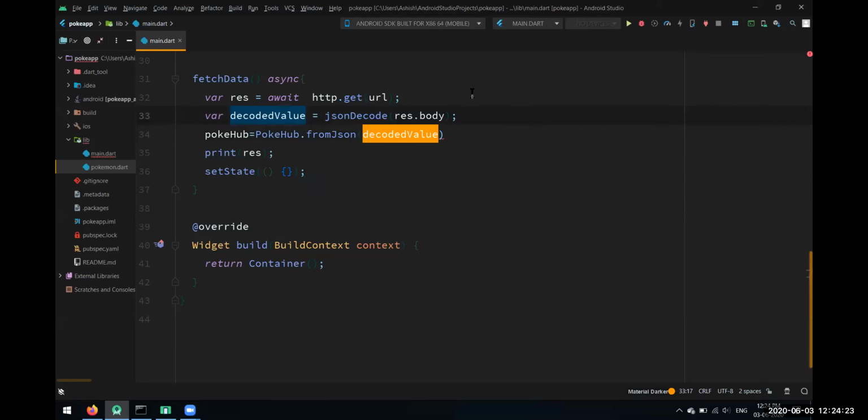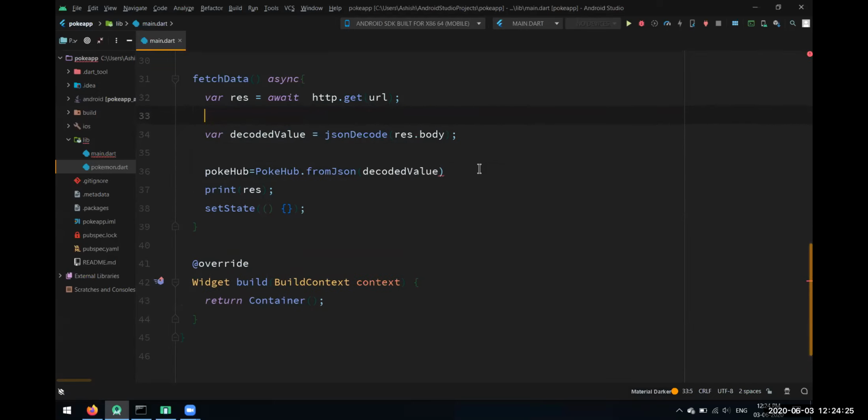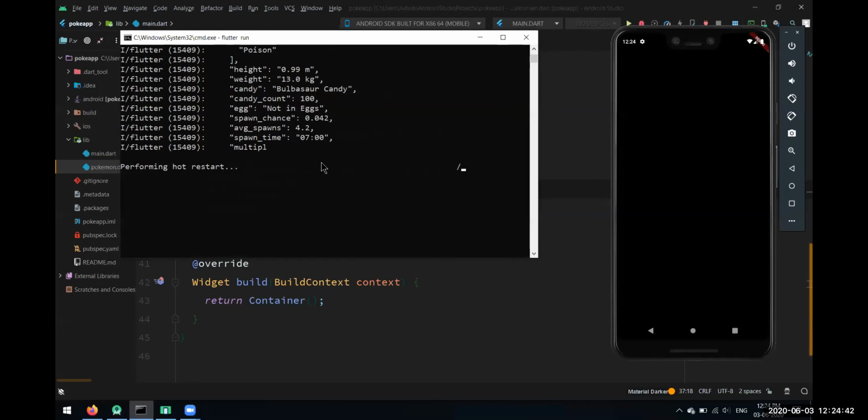We'll add some spaces so that it is easier to read. Now let's print what this PokeHub is getting.